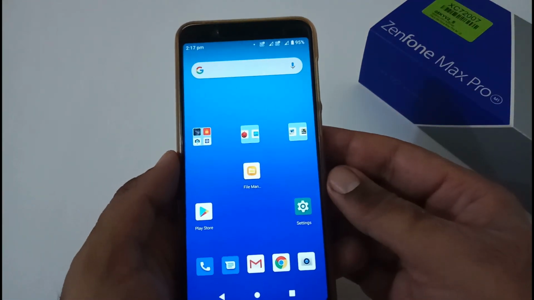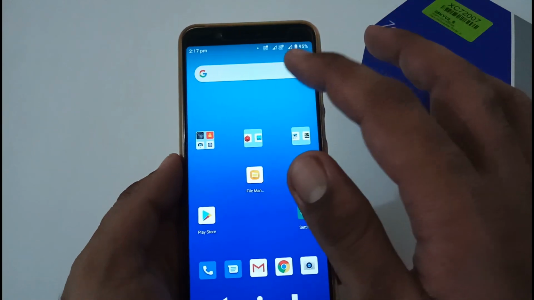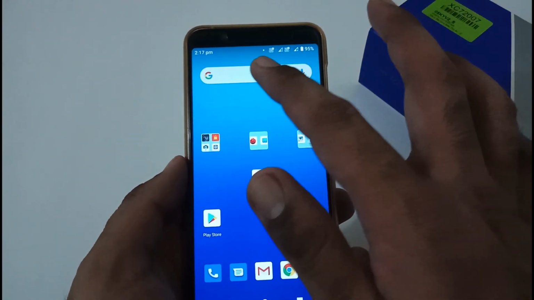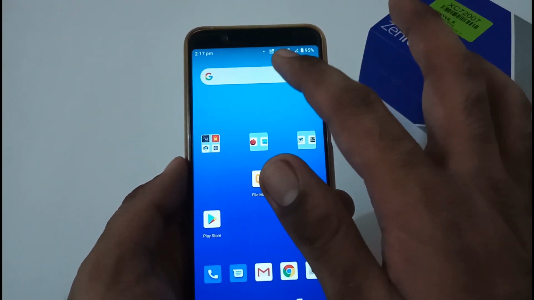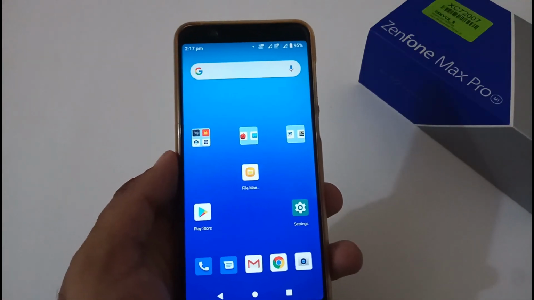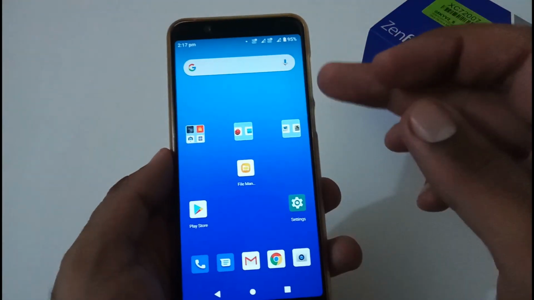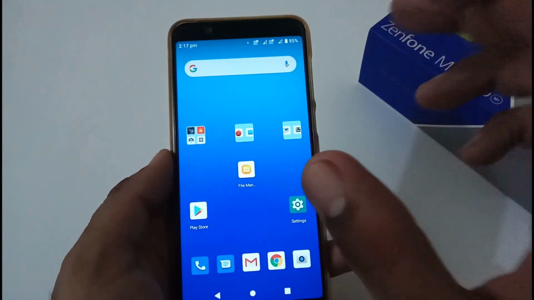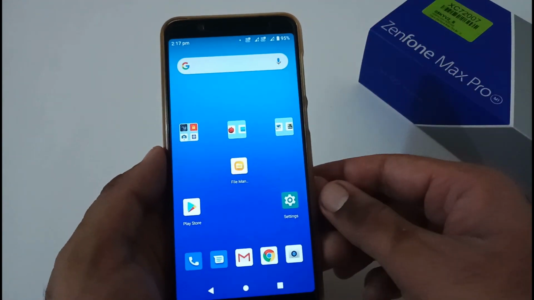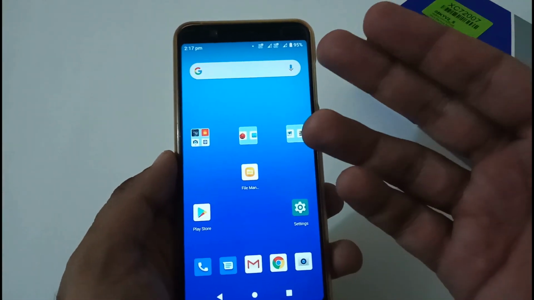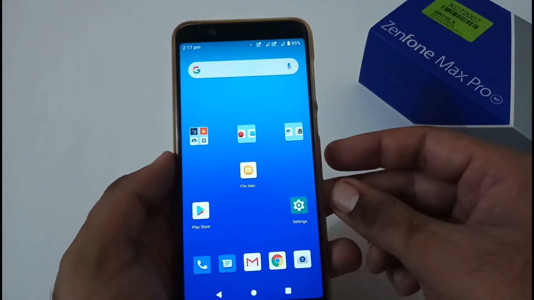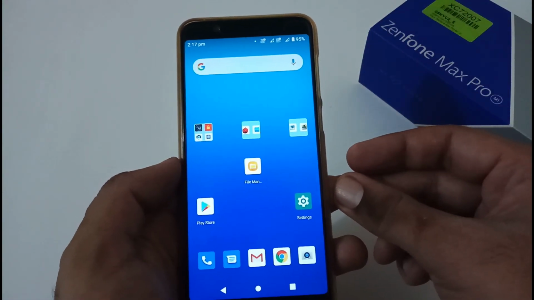Now let's discuss the bug side. So the very first bug that you will encounter on your home screen is related to this particular search bar. So this is again not fixed, which has been persisting since beta version 2. So you can't move it up and down. It will be fixed as it is, and hopefully this will be resolved in the next version. But it is a very minor thing. Not sure why ASUS is not able to remove or resolve it.